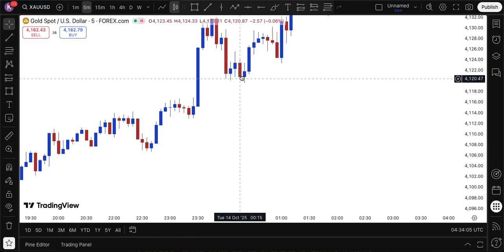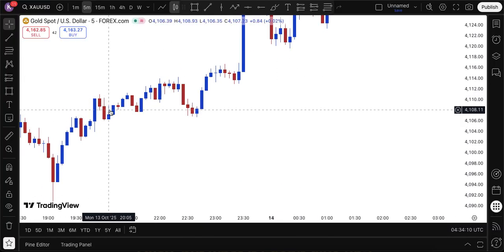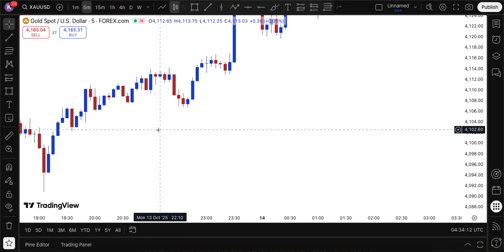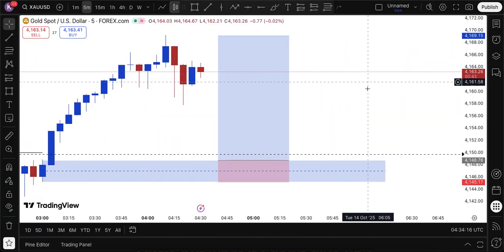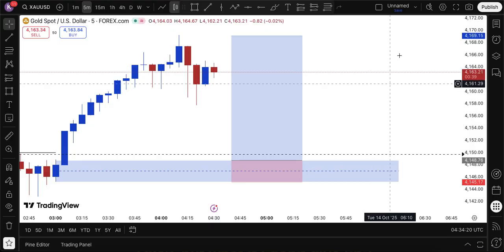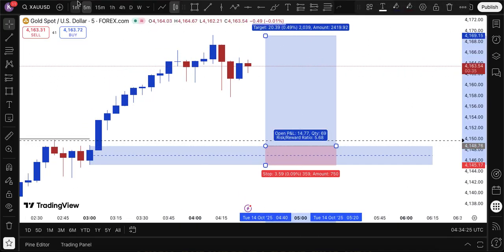So if I'm trying to look for other instances of market, let's say this one, I'm not even sure this is an order block, but I'm just a little bit skeptical about this trade because, yeah, I'm actually risking half of my account, and it's a very risky thing. So that's why I'm a little bit skeptical. But this one didn't go fit, so I'm just gonna take. This is where I go to the 1 minute.